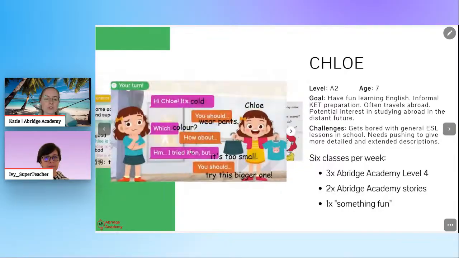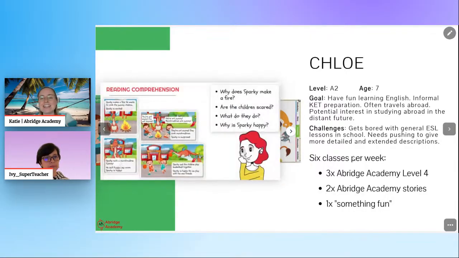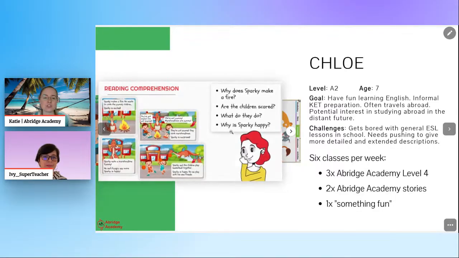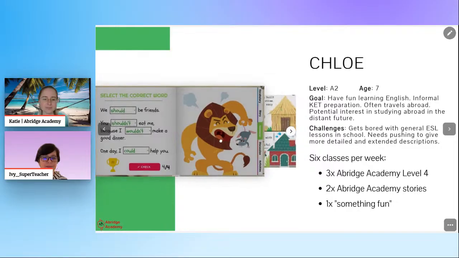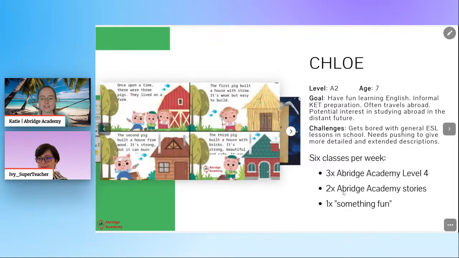But then also we talked a bit about the stories. She loves the stories. The stories are like her favorite thing ever. So she loves reading the stories, talking about it, writing her own versions of the stories. We have all the discussion questions around it, acting out, role play, different scenarios from the stories. There's little origami activities or creative projects and things like that that are suggested at the end of the story lessons, that she really enjoys doing as well. So we do a lot of those sort of things to have a bit more fun around it.